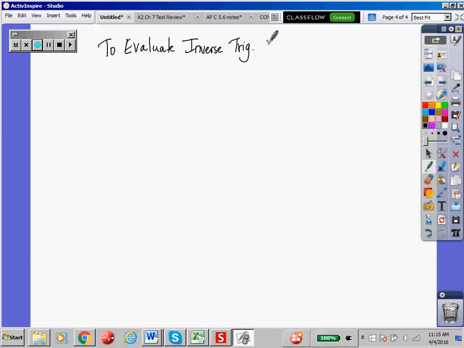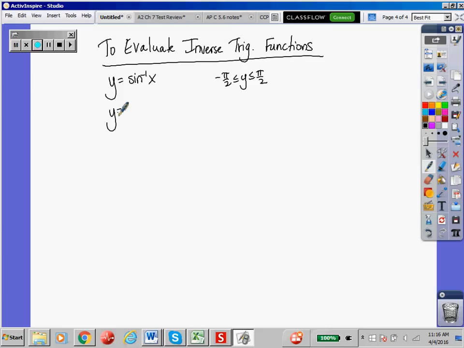To evaluate inverse trig functions, here's what we're going to need to know. Y equals inverse sine works from -pi/2 to pi/2. Inverse cosine x is 0 to pi. And inverse tangent,